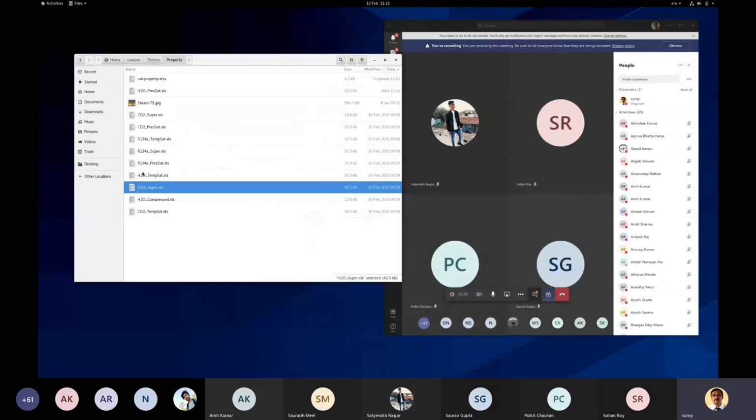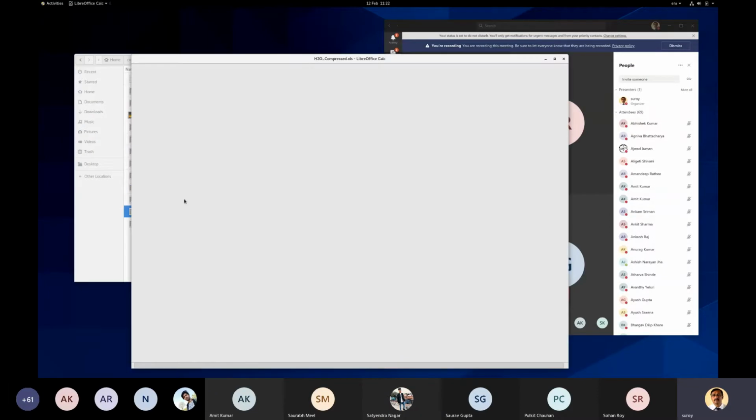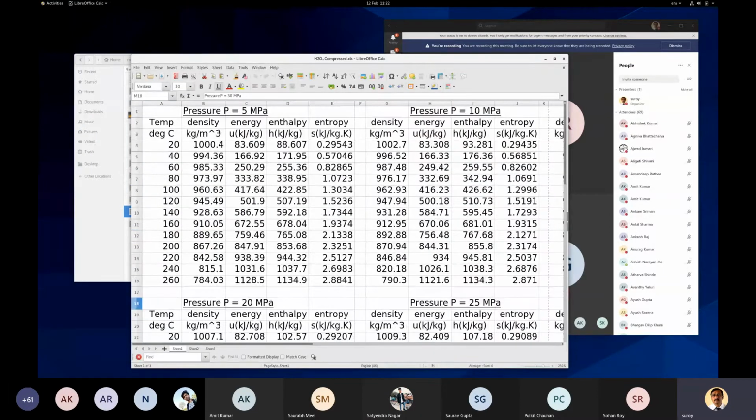Now, sometimes we also have compressed water. This is for compressed water, for 5 megapascal, given at different temperatures. So it is only temperature dependent. As I told you, for the compressed liquid, it is mainly dependent on temperature, so that is given to you based on the temperature for a given pressure. But you don't always have to use it. If you don't have this table, then just base it on temperature.